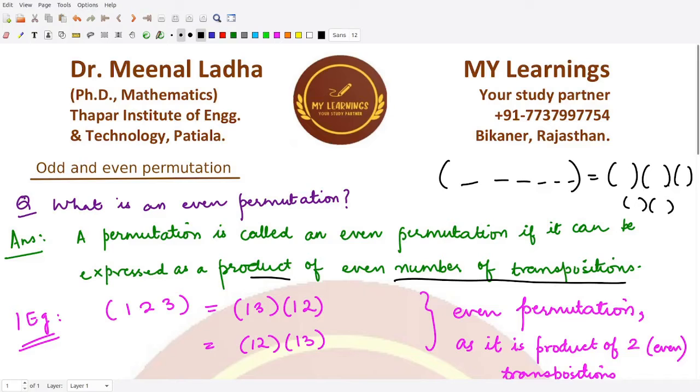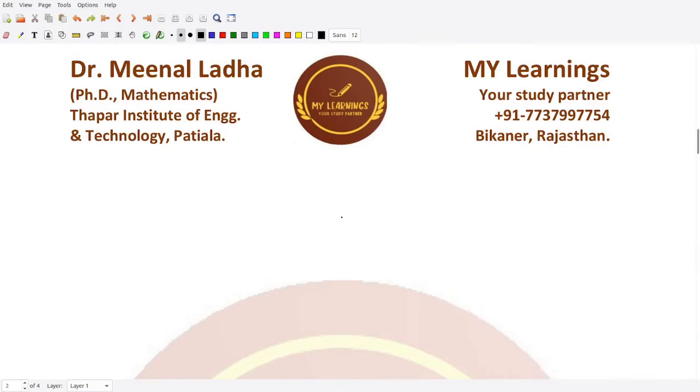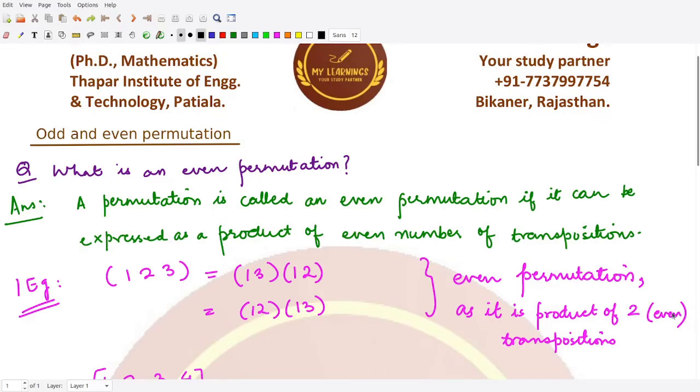Correct? So now we are saying that we will count how many such transpositions there are, and if that number is an even number, then the permutation is even, otherwise it is an odd permutation. Correct? So here we have a cycle, a 3 cycle, which maps 1